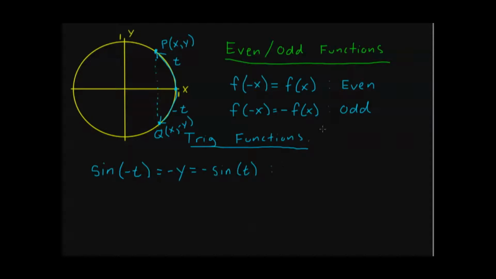So sine, is it going to be even or odd? Well, looking at my definition here, f of negative x equals negative f of x means that I have an odd function. Right? So sine is an odd function. Cosine